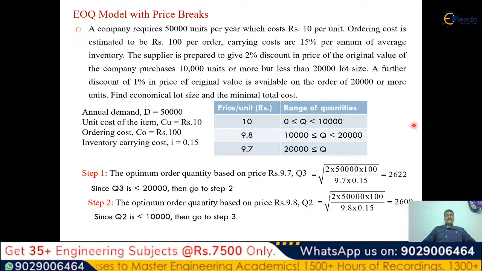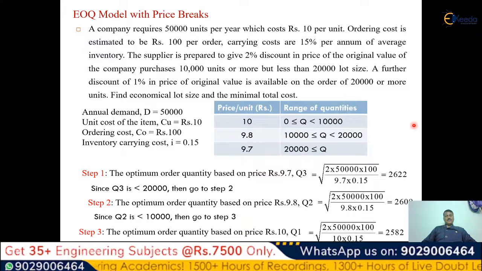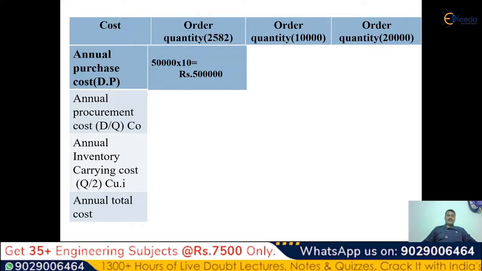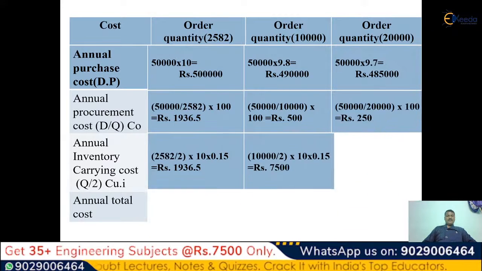Since this is again less than 10,000, we again go to step 3 and find out for 10 rupees. For 10 rupees, we get the units to be 2,582, which is to be stopped. The total quantities for 10 rupees, 9.8 rupees and 9.7 rupees are what we are finding out in these different tables,